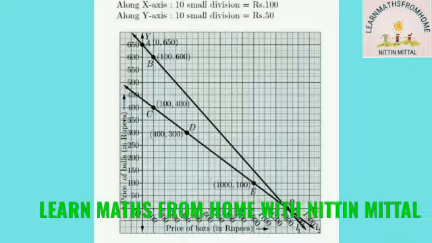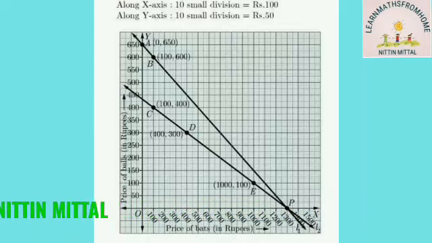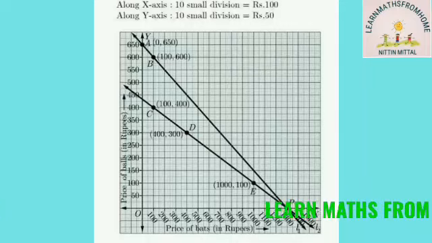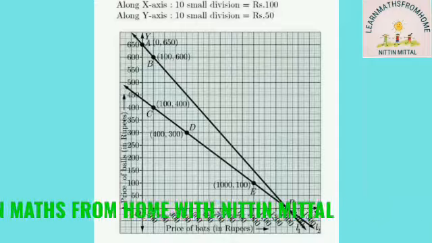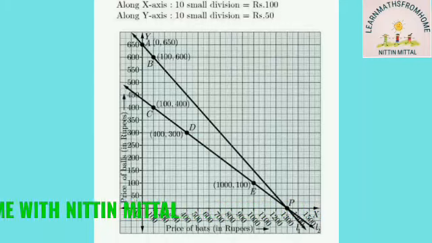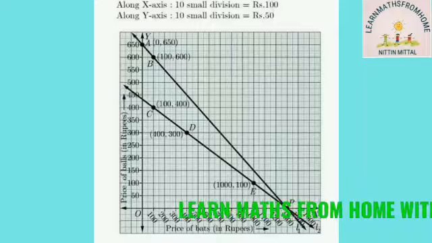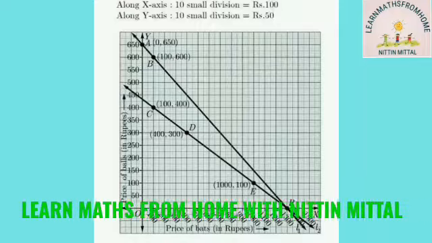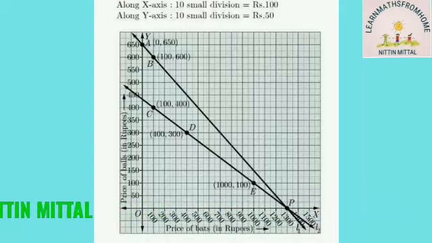So we will be plotting the graph line for each equation one by one. So first equation 0, 650. If you see, x is 0, y is 650, so it is point A, and next point is x is 1300 and y is 0. So you see point P represents 1300 comma 0, and third point is 100 comma 600. So if you see, point B represents 100 comma 600. So then we will draw this line L1, and similarly we will draw line L2. So here it is graphical representation of the question number 2.